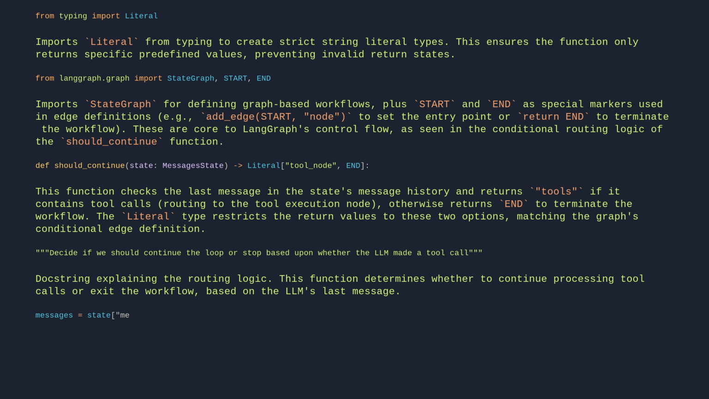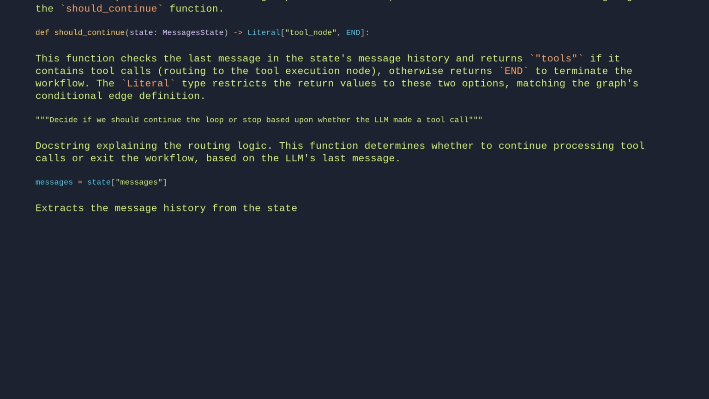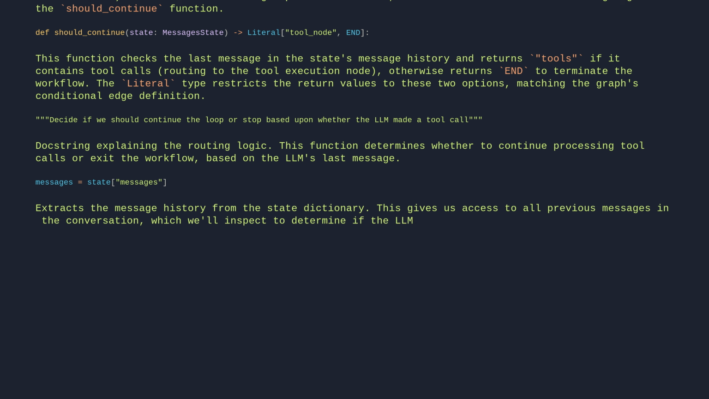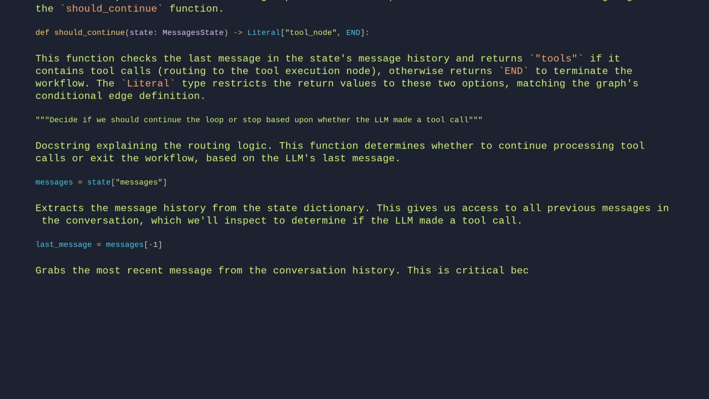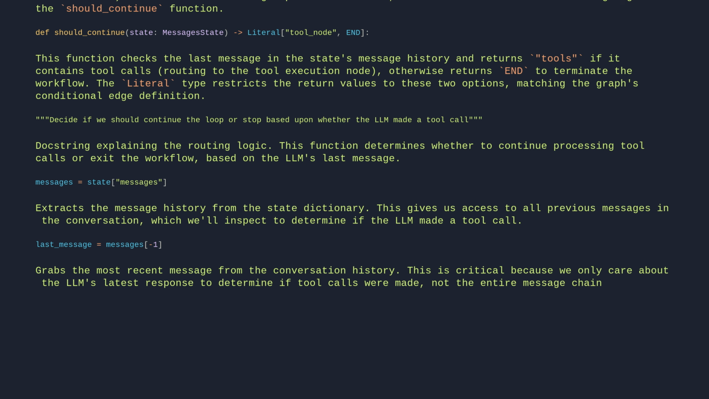messages = state["messages"]. Extracts the message history from the state dictionary. This gives us access to all previous messages in the conversation, which we'll inspect to determine if the LLM made a tool call. last_message = messages[-1]. Grabs the most recent message from the conversation history. This is critical because we only care about the LLM's latest response to determine if tool calls were made, not the entire message chain. # If the LLM makes a tool call,